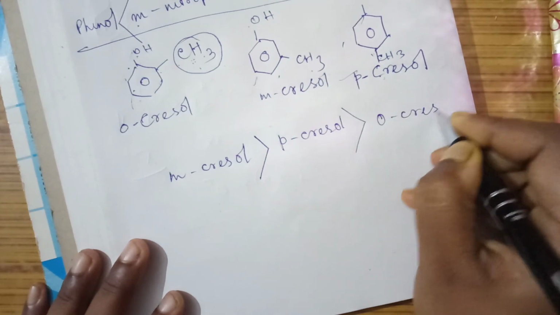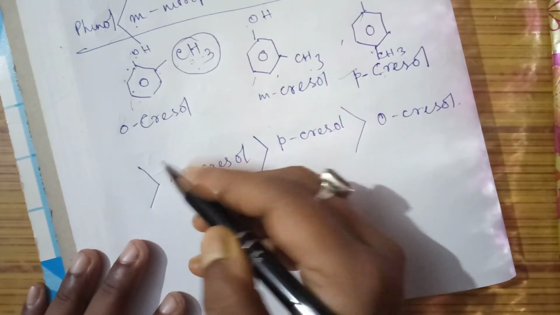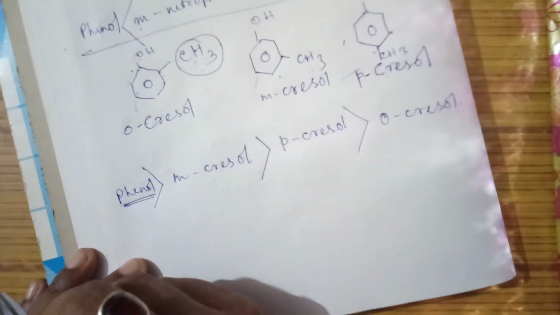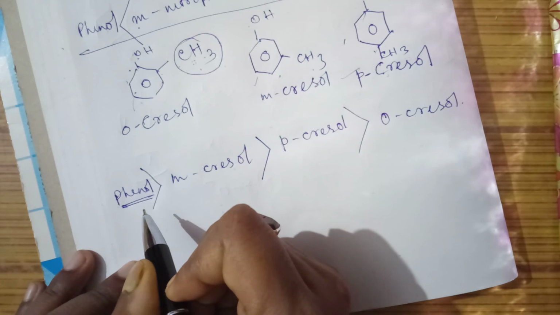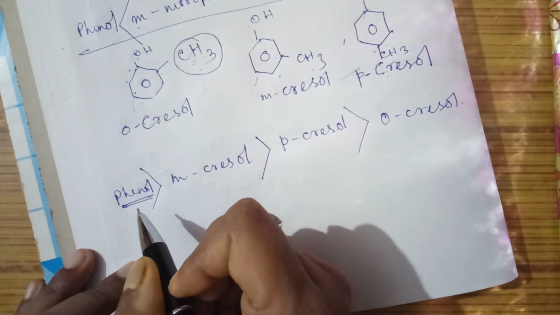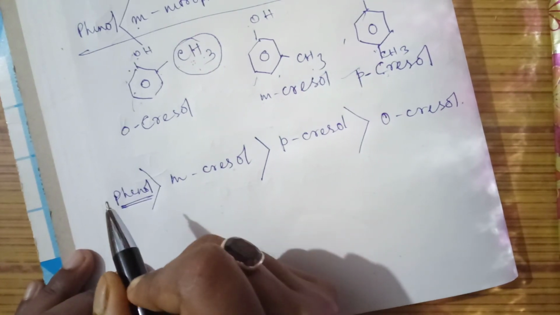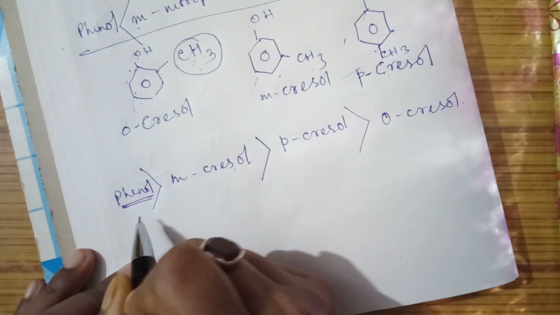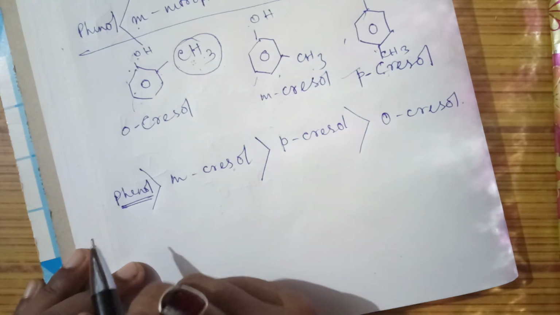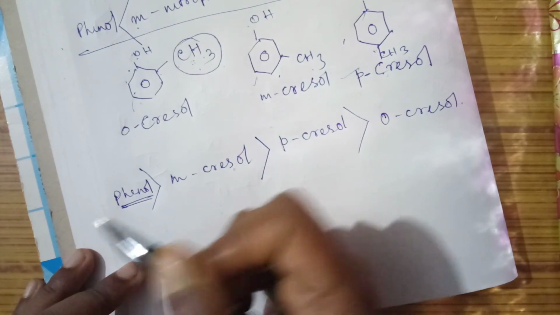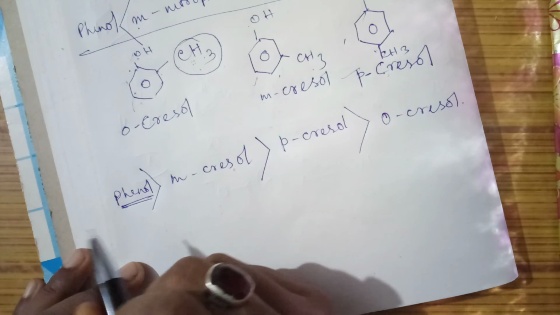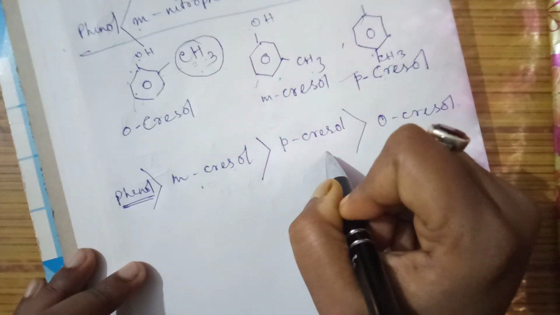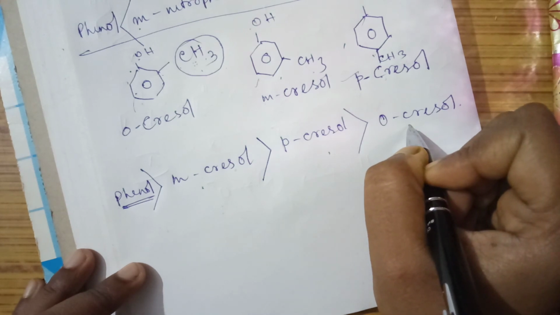So orthocresol is actually the least acidic, and the most acidic in this case is phenol itself, because it doesn't have any plus I effect. That's why, if we compare their acidic character, remember that any group having the plus I effect as well as the plus R effect will show the same arrangement. Always they will show lesser acidic character than the phenol. And secondly, their nature will generally be that meta is more acidic, after that para will come, and least will be ortho. Thank you class.